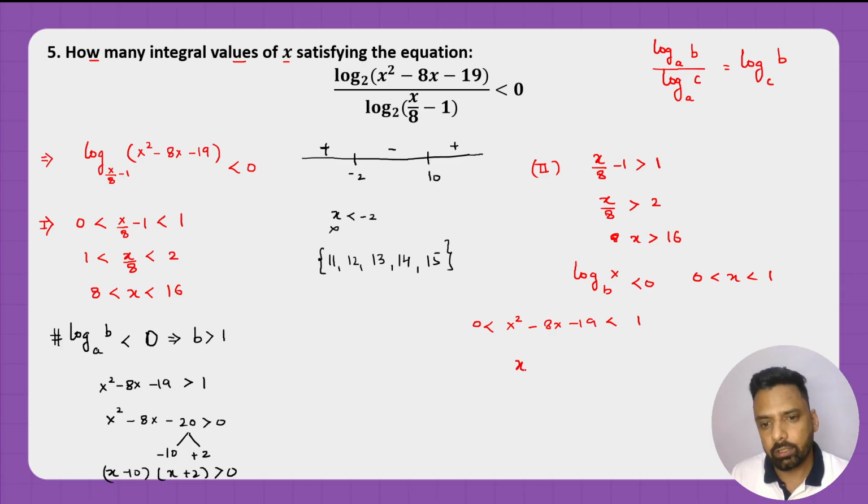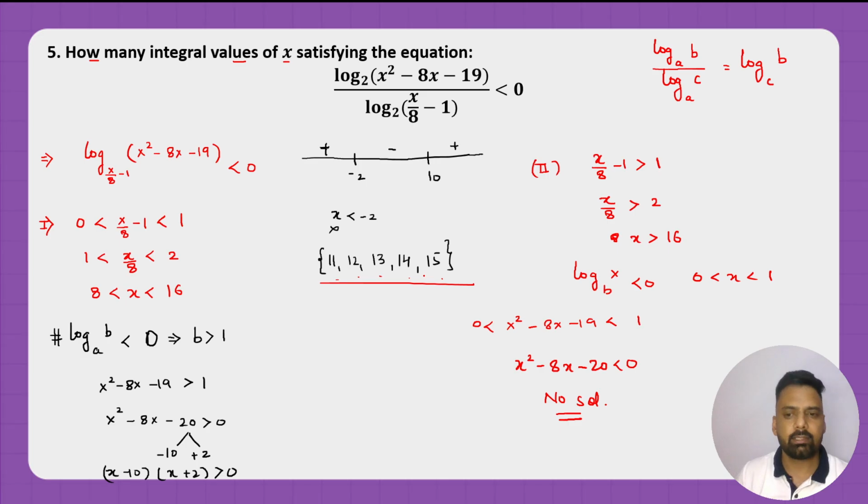ओके, तो ये हो जाएगा x square minus 8x minus 20 is less than 0, right? तो for this अगर हम compare करेंगे तो we will be getting no solution for this case, right? इस केस के लिए I do have no solution, but for the first case I have 1 2 3 4 5, so 5 values are there that will satisfy this condition, right. तो इस केस में no need to go, because हमारा जो रेंज है x का वो between 8 to 16 होना चाहिए and the only possible values allowed are 11 12 13 14 15 where this condition is satisfied, but second case के लिए there will be no solution,